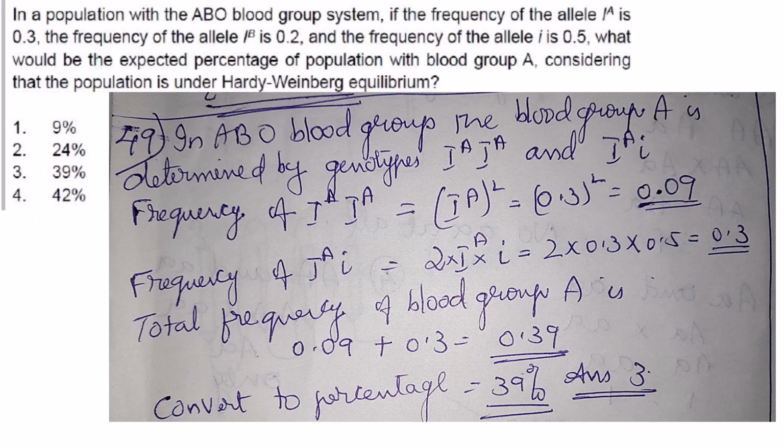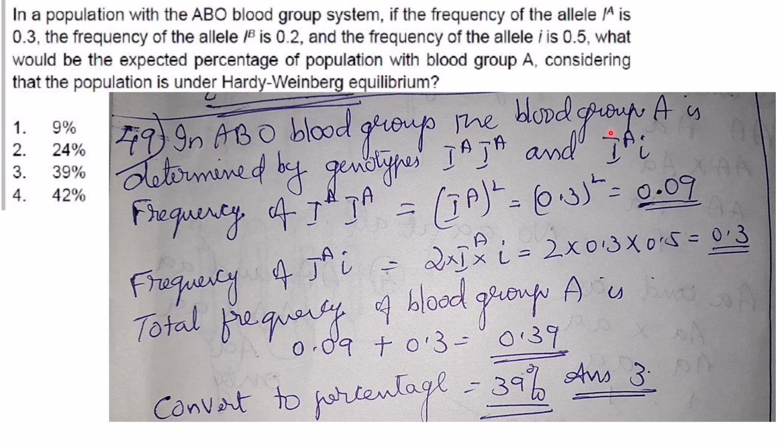Then next one. In a population with the ABO blood group system, if the frequency of the allele IA is 0.3 and the frequency of the allele IB is 0.2 and the frequency of the allele small i is 0.5, what would be the expected percentage of population with blood group A, considering that the population is in Hardy-Weinberg equilibrium? Okay. So,